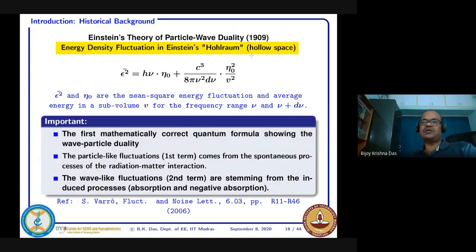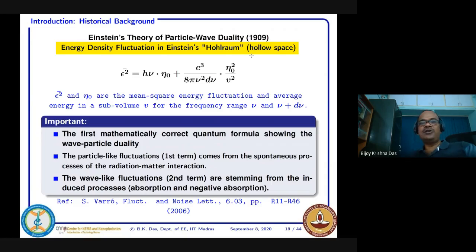Hollow space, suppose you are considering a black body cavity, and if you are heating that cavity, all sorts of electromagnetic radiation will come out, and all the radiation will be there inside the cavity. This is a chamber, a hollow space. Whatever radiation is radiating will be staying inside, right? And a steady state temperature is attained, for example. Now, if you consider a particular point inside the chamber,